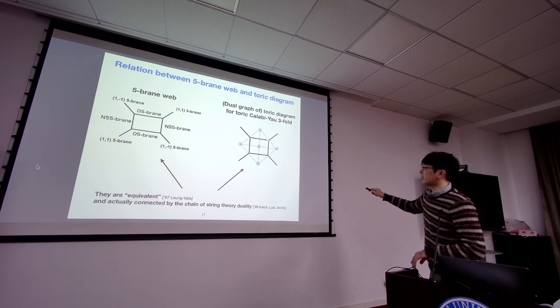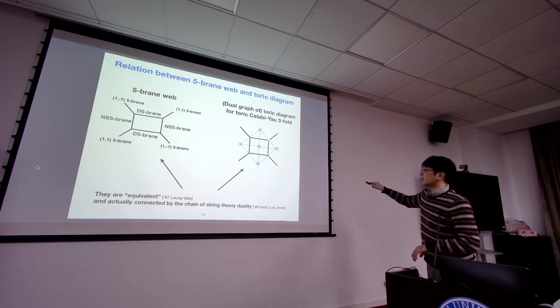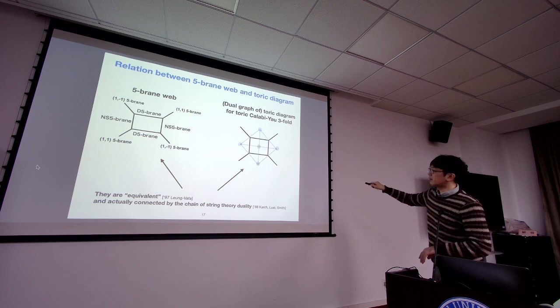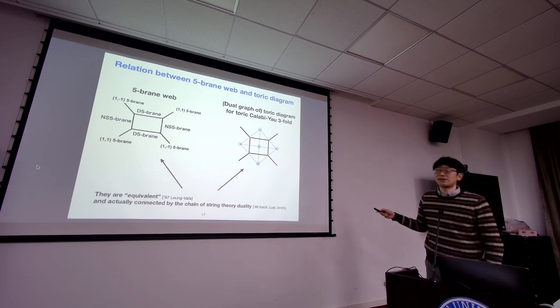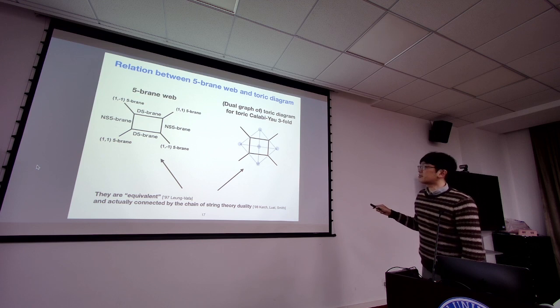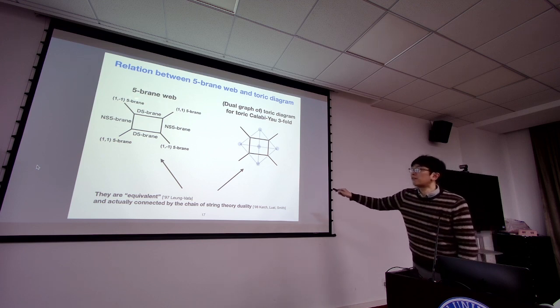this dual graph. I think this light square one is called the toric diagram, and the fibrin web is the dual graph. Previously, I said the opposite way, but anyway. So what I would like to say is that although the meaning is really different, the fibrin web is that